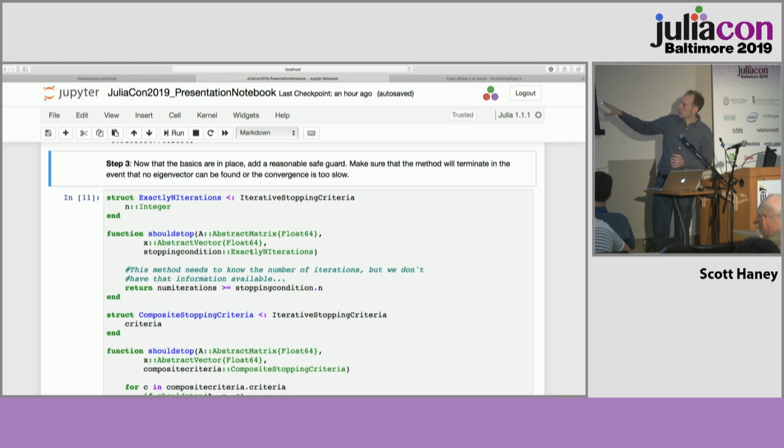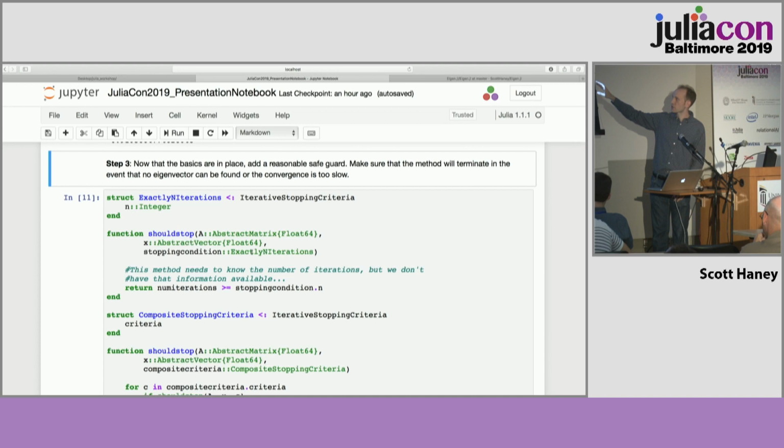So let's come here. For step 3, one of the things is I don't want it to run forever, right? It's possible I could just get a really bad value, and that value may not converge very quickly. It could run 10 million times, or it could run indefinitely if there's actually no eigenvector. So I want some kind of constraint where it says, okay, things aren't working out well, let's stop this train. So I'm going to add a new stopping criteria,